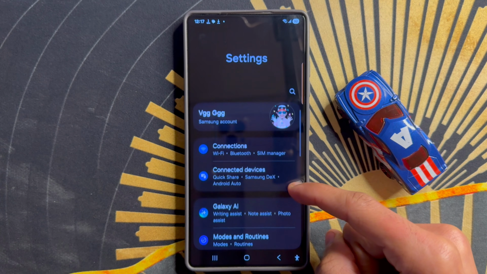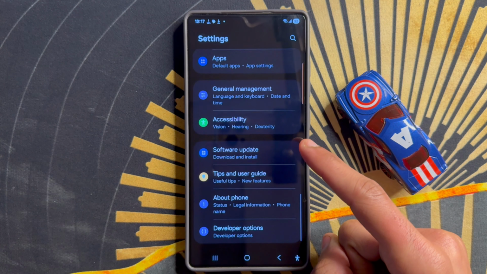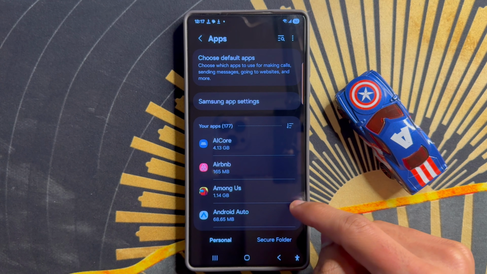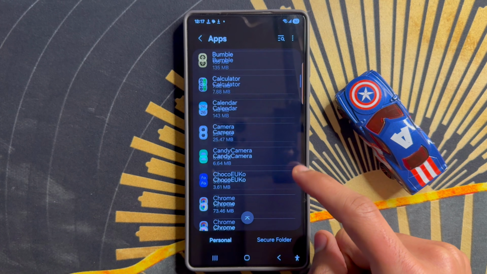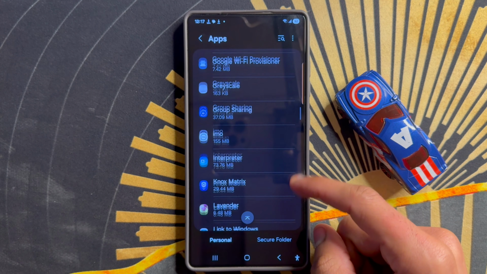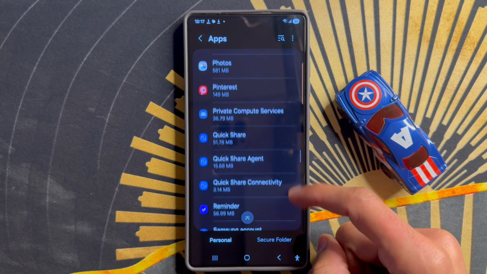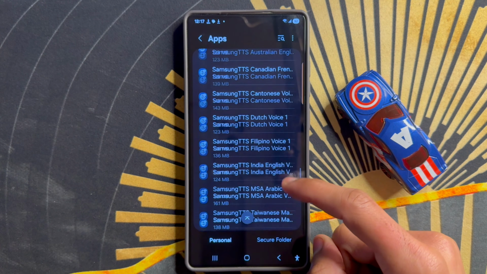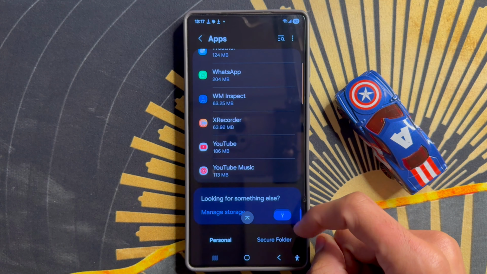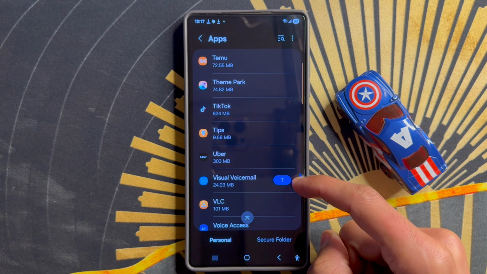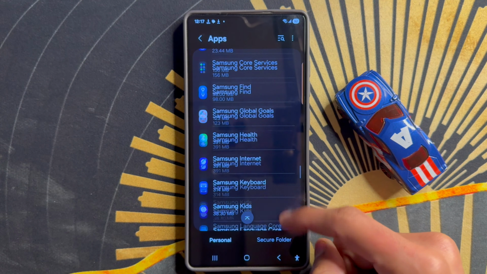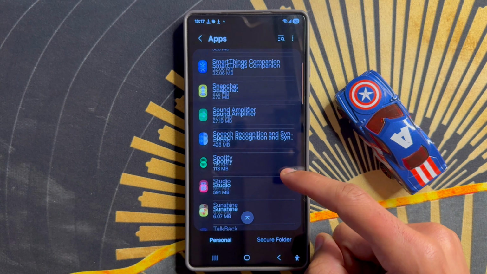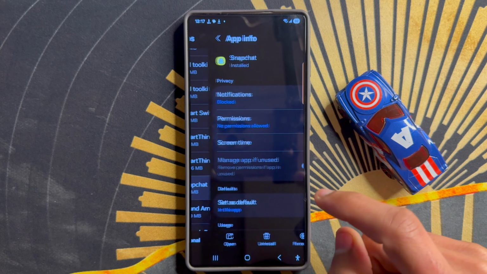Now in settings, scroll down and click on apps. After clicking on apps, scroll down and search for the Snapchat app from here. You will see the Snapchat app is here. Click on Snapchat